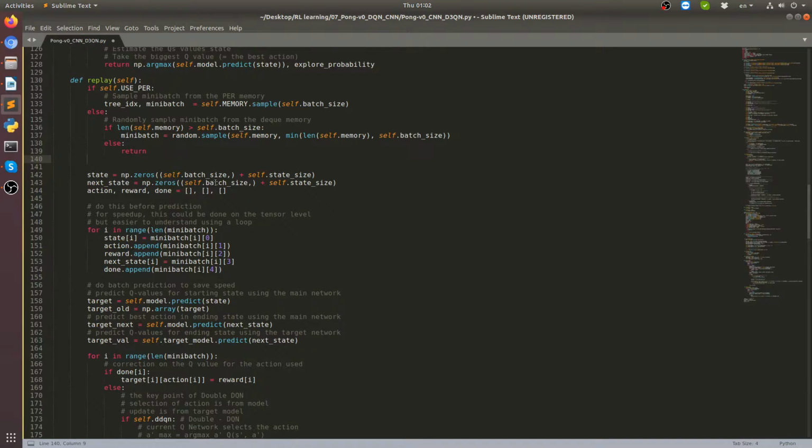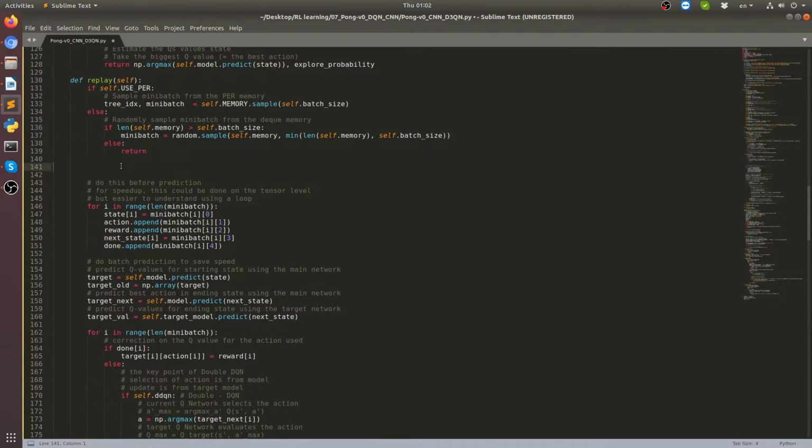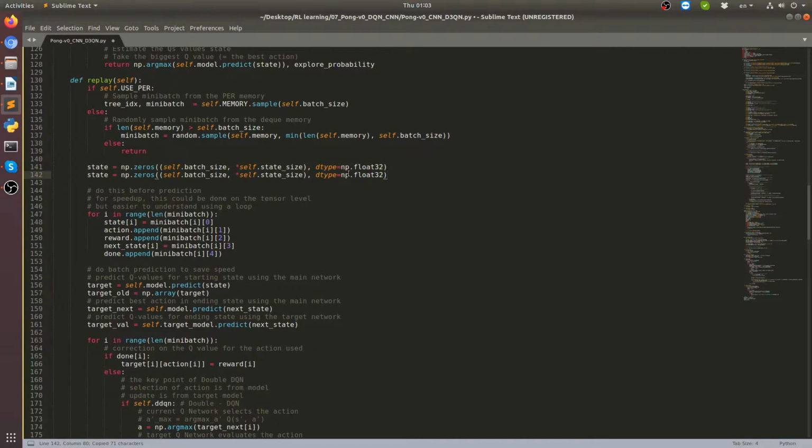So here I'll write totally new stuff. I can move this just like that, and here will be a state, and I'll create a numpy array, so it will be zeros, and here is self batch size, and batch size multiplied by our self state size, and here will be a dtype equal to numpy float32, because here will be our images. And here will be my next state,